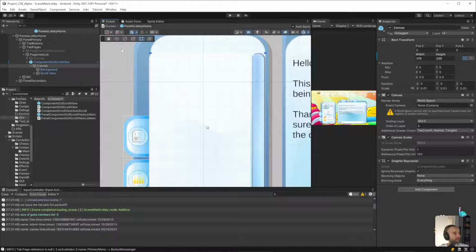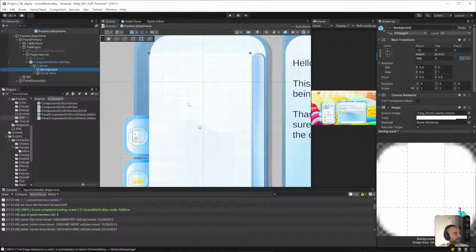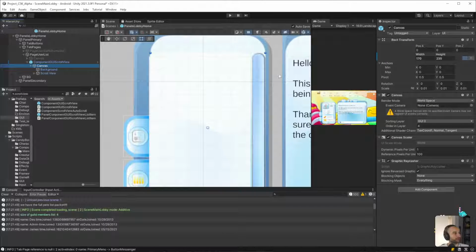Okay. Not a big deal. I can see that that's correct, and that's the important part. So it's this background that's kind of throwing things off a little bit. Okay. Not a big deal. So we'll bring this down slightly. I wanted to have a little bit of spacing on the left and right side. So we'll bring it down to probably 160. I think 160 looks good.